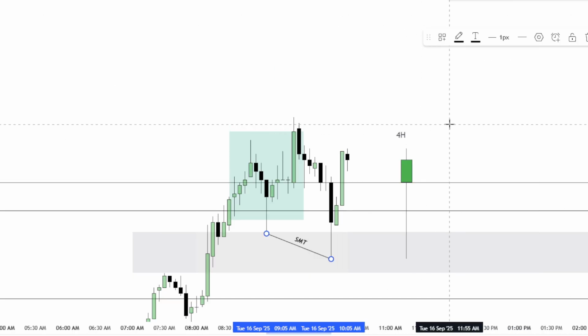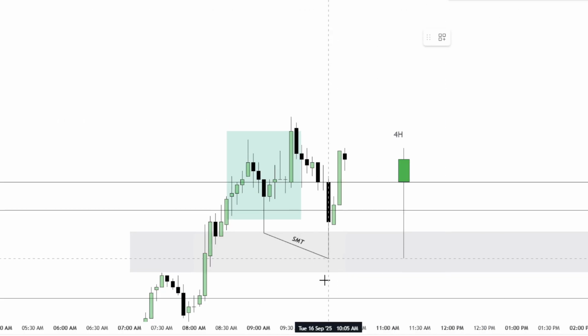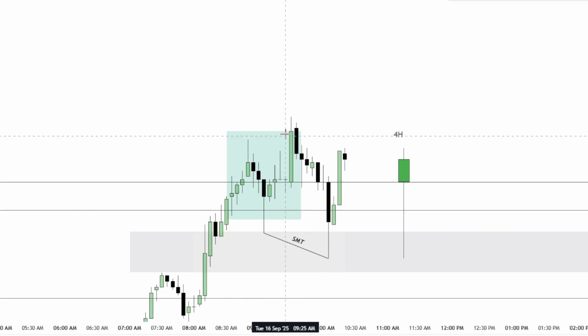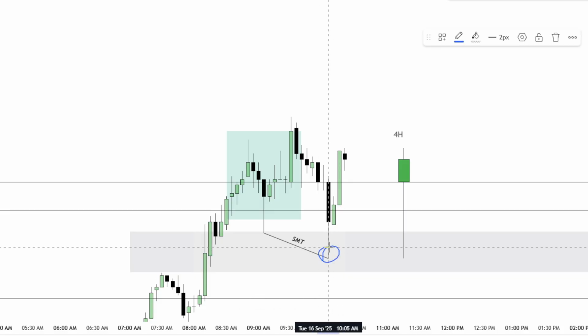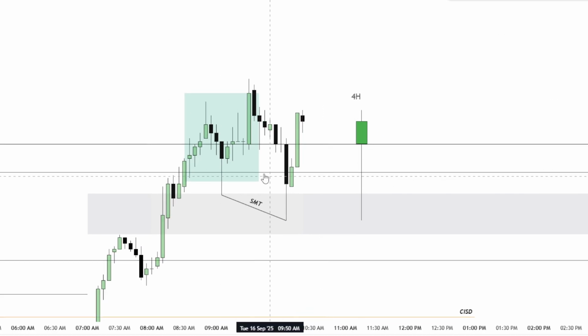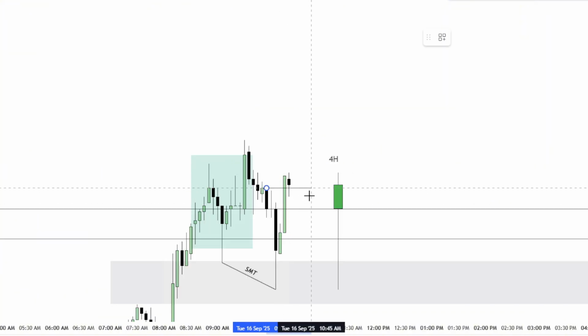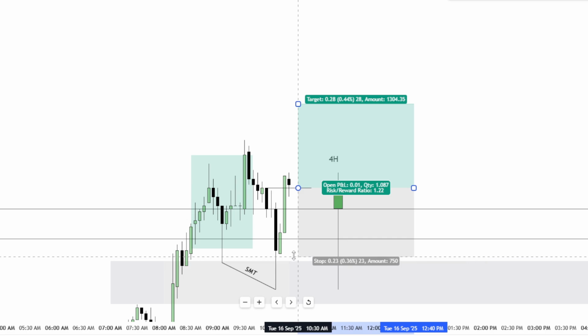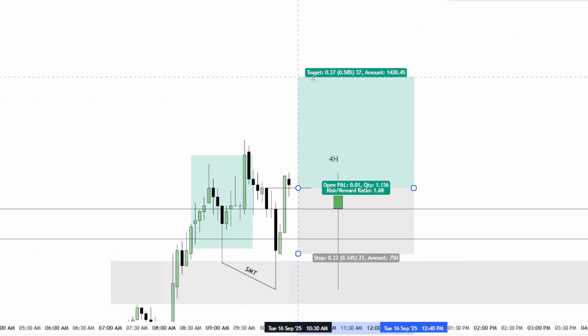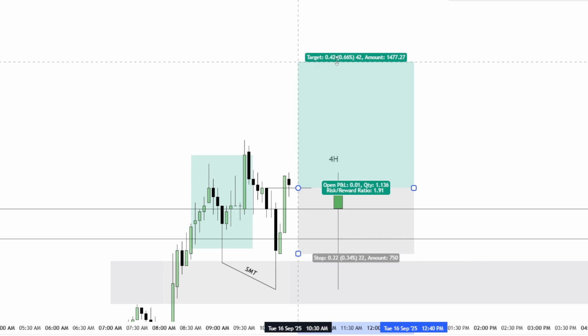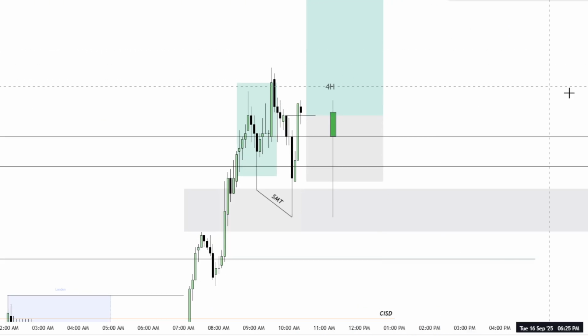So in this case, we do have an SMT with DXY as they're inversely correlated. So DXY made a higher high while this made a higher low. So pretty much with that SMT, we tap in that 5-minute fair value gap. As you can clearly see, we have this nice change in the state of delivery right here. We're on the 5-minute, which is the aligned time frame for that 1-hour fair value gap. So we can pretty much just take our position off of here, keep our stop loss below this low, and we can target a nice 2R, and we can see how this actually plays out, accumulating, manipulating, and distributing,